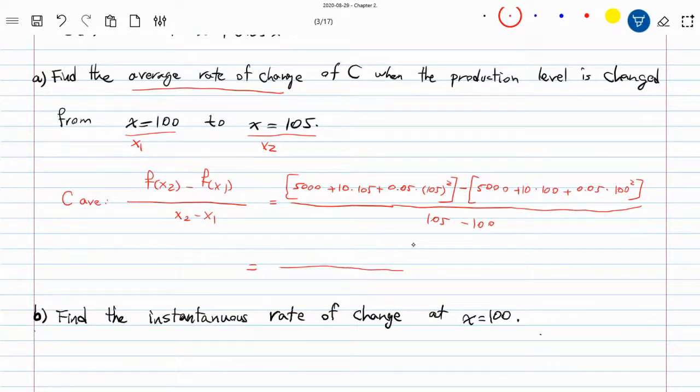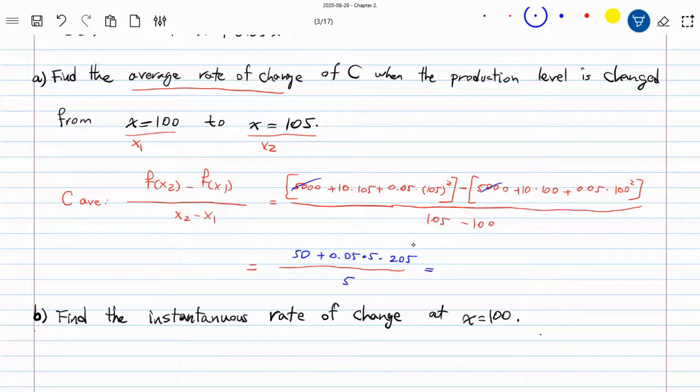Okay, so I can simplify it a bit. These two will cancel out. 10 times 105 minus 10 times 100 would be 50. So there is a 50 there. Plus, I'm trying to avoid the calculator, but I think at some point I will need it. 0.05 times 105 squared minus 100 squared would be 5 times 205